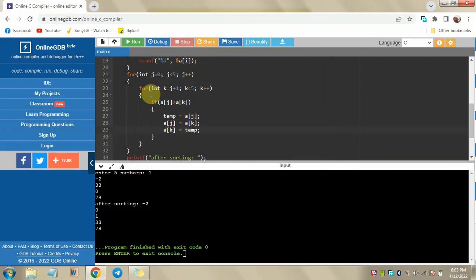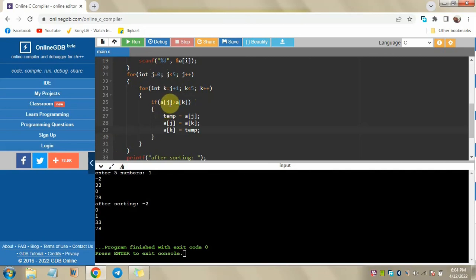So after that, this inner for loop is done, right? So we'll again go to the k plus plus. Initialization is done only once, so it will be k plus plus. That means k's value will now be 2. Initially it was 1, now it will be 2. So it will check if 2 is less than 5. Yes. So in this way, all the other elements of the array will be checked with the first element. Hopefully you are getting it. So hang on with me.